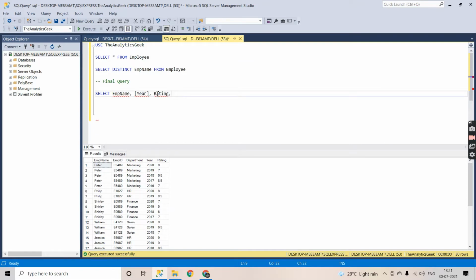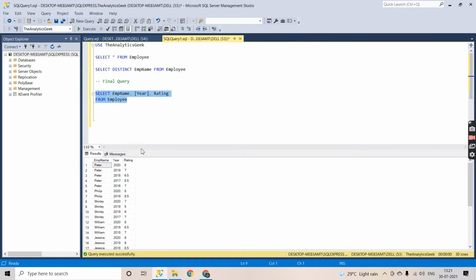Now since we have to calculate the average rating, we will use the window function average here. First let me see what output it is giving me. So we have 3 columns now. We need to add the average rating column. I'll use the window function here. Basically, to calculate the average we can use the group by clause as well, but since we need to calculate the second last rating of each employee as well, we have to use the window function to facilitate meeting the further conditions of this particular problem statement.